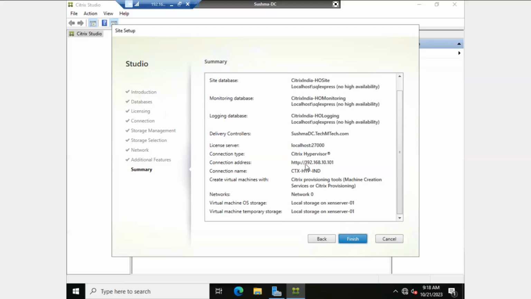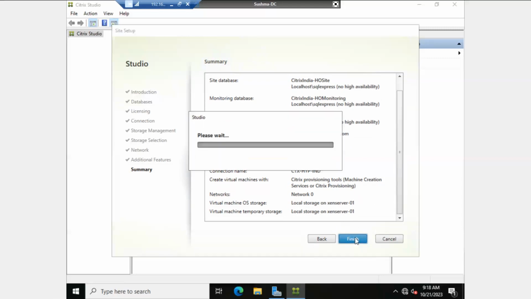ओके ओके ओके। ये तुम्हारे जेन सर्वर का IP है, हाइपरवाइजर का। ठीक है। ओके, लेट्स क्लिक ऑन फिनिश। और जेन सर्वर को VMware पे कैसे इंस्टॉल करते हैं, उसका मैं तुम्हें एक सेपरेट वीडियो भेज दूंगा।